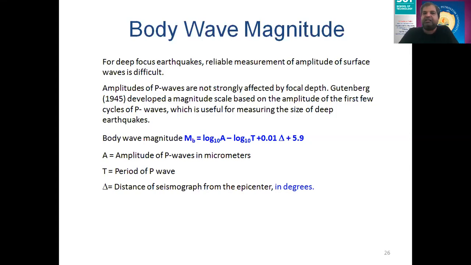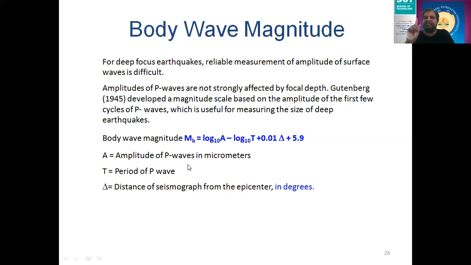In such a situation, the seismograph, which measures the body wave magnitude or body wave amplitude, is employed to measure those values. Now, if you can measure this value of the amplitude of the body wave, then the calculation of MB is very easy. They have given one equation: log A to the base 10 minus log T to the base 10 plus 0.01 delta plus 5.9,